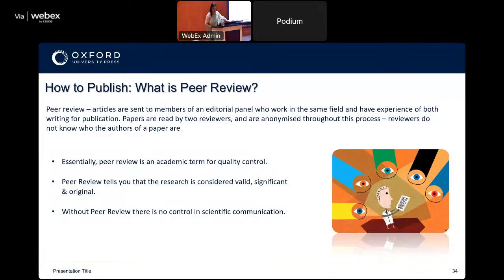Now we move on to peer review. Without peer review, there would be an intellectual war. You agree with me, right? It is the academic term for quality control. It will check whether your research is original, valid, and significant. If you have copied it from somewhere, if any of the idea is copied, it will be caught, and the intellectual property rights will not have your back, in fact.